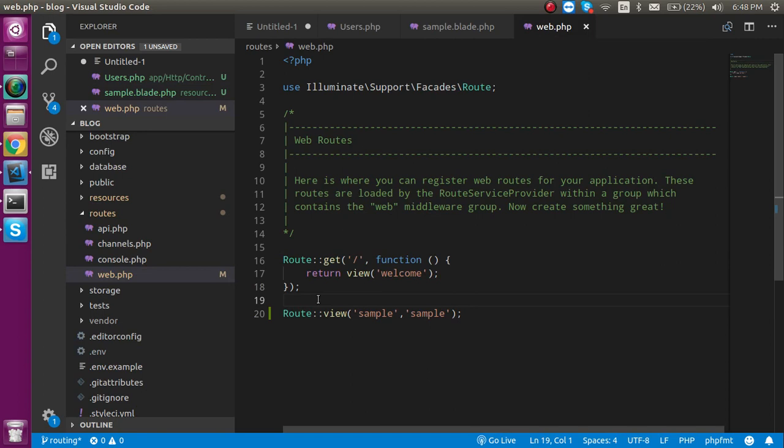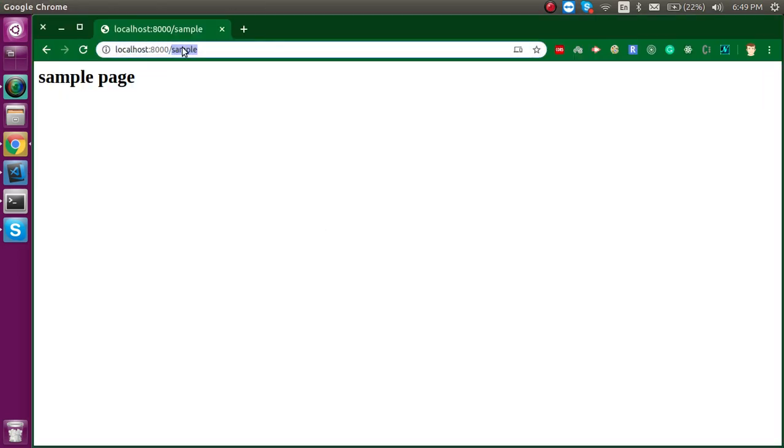So let's find out the route. We don't have the route for the controller file, so let's put a route like get, and here put user, because our file name is users, that's why it's related to it. And the second parameter, put your controller name, UsersController at index, which is your function name. I already told you in detail in the last video. So now let's try to put user, and here you can see that there is the same page also here.